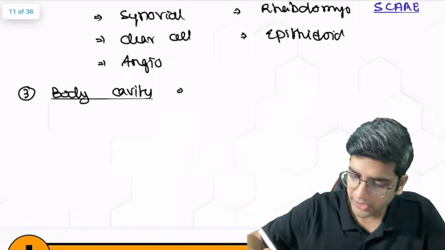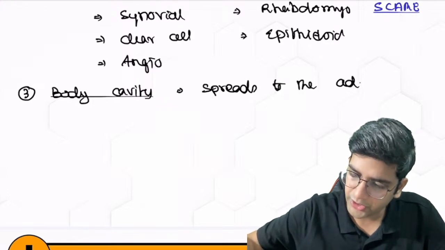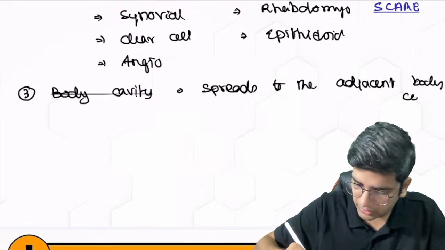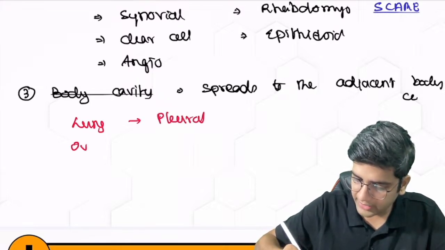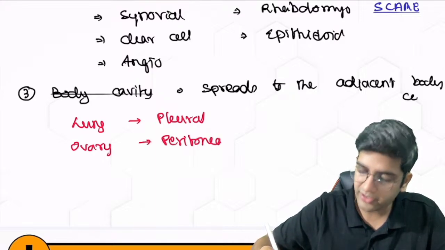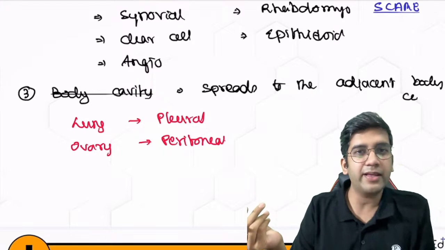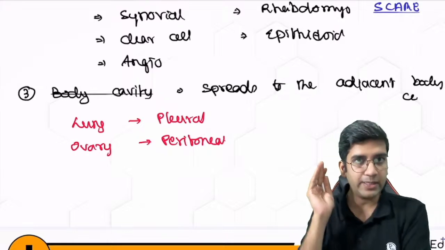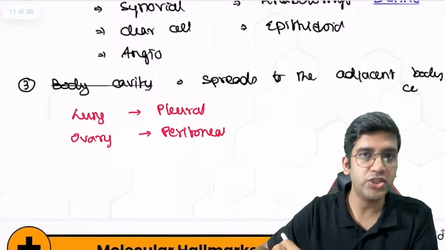So body cavity spread, it just spreads to the adjacent body cavity. So for example, you can write a lung cancer to the pleural cavity and an ovarian cancer into a peritoneal cavity. I don't generally write, or want you to write, cardiac cancer into the pericardial cavity, because that's a bit rare. Cardiac cancers are not that common as your lung and ovary. So these are very prominent examples. Whenever you're writing body cavity, please don't forget to mention this point because most of the teachers will expect this